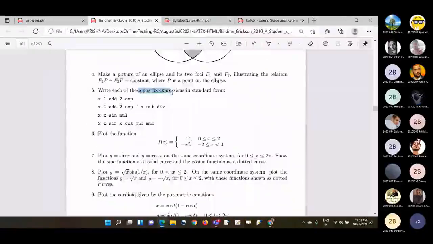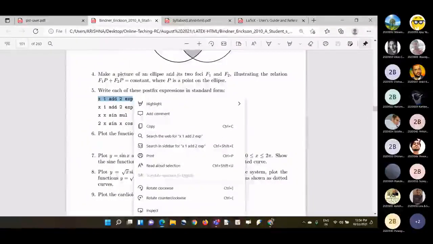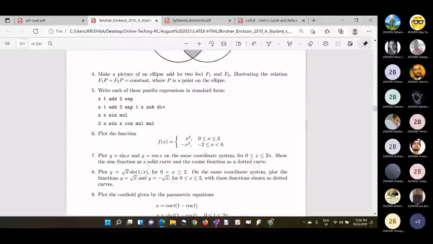Okay, here, postfix expression in standard form. So it means that you have to write first the variables, and then you need to write the corresponding operations. That's why they are called postfix expressions in standard form.